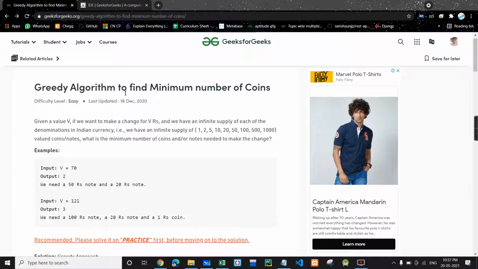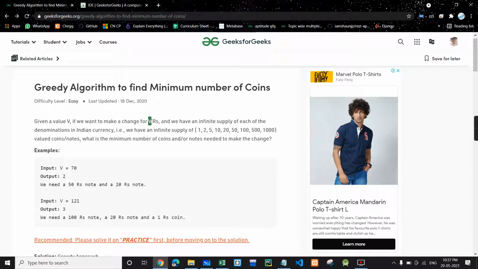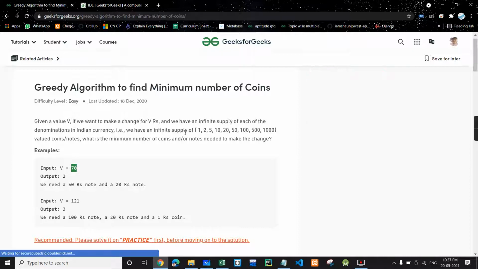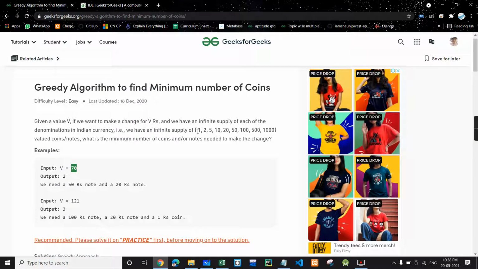So this question is greedy algorithm to find minimum number of coins. Let's see what the problem is. We are given a value and we have to make change for V rupees. So we are given 70 rupees and we need to make change, and we are given coins of these denominations: 1 rupee coin, 2 rupee coin, 5 rupee coin, and up till 1000 rupee coin.